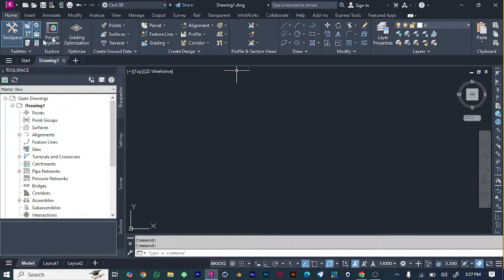Whatever we are going to do now, we're going to import our points first, and then we get to create the alignment. That is what we're saying. I'll be taking you through this process. First we need to bring our data here, that is survey data. The first thing that you need to know is that in Civil 3D, when you want to draw a road,